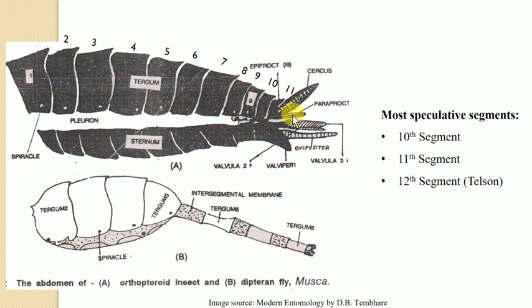Consequently, the 12th segment is misunderstood as the 11th or the 10th segment. So this is the opinion of the scientist, that is Matsuda. But if you see the number of segments among the different groups, the segments vary greatly in their numbers. But generally, whatever controversy is there, that controversy is regarding the 11th and the 12th segment.